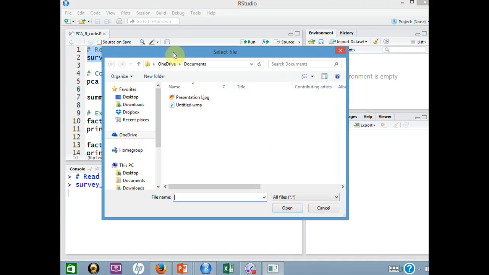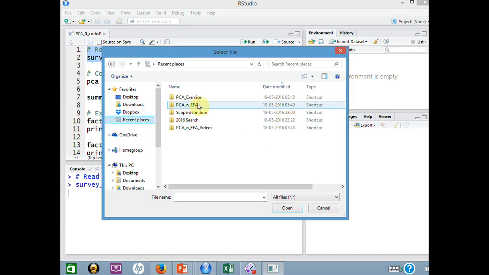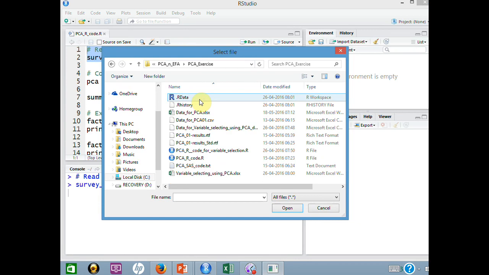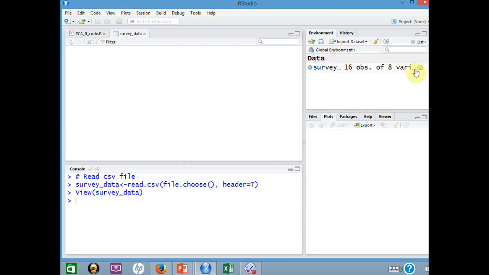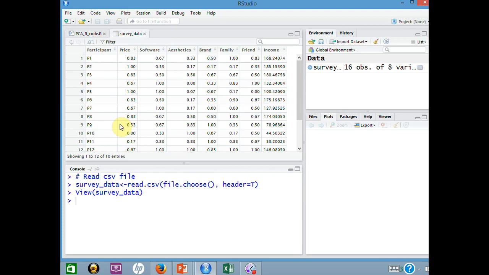It is asking me to select the file. So I have selected this data, which I have used in SAS as well. Now I have the data of all those 16 observations. Here P1, P2 is a character field, all others are numeric.